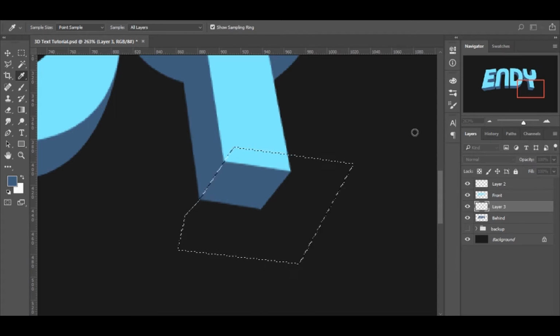Do you guys get what I'm saying? He just said that it's better to select a darker color than simply just black. So I'm just doing what he says, and